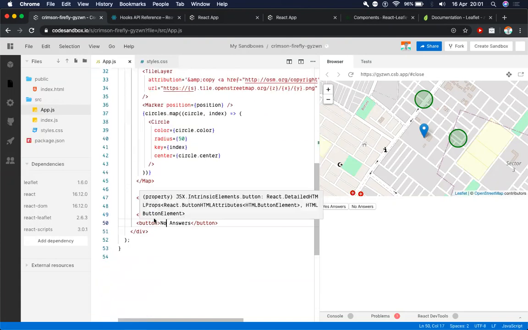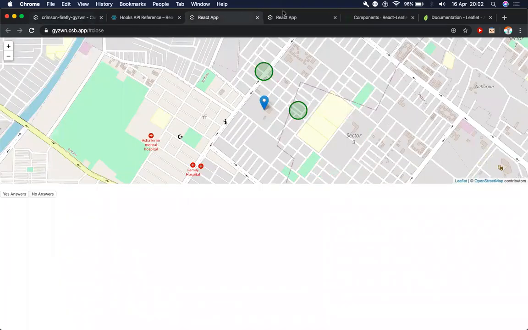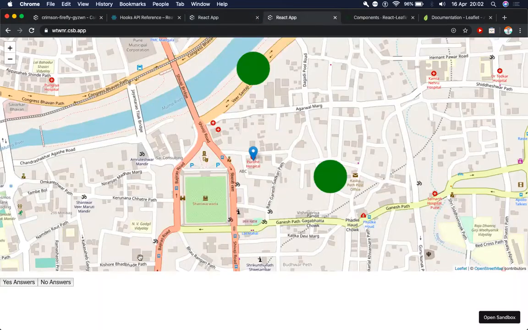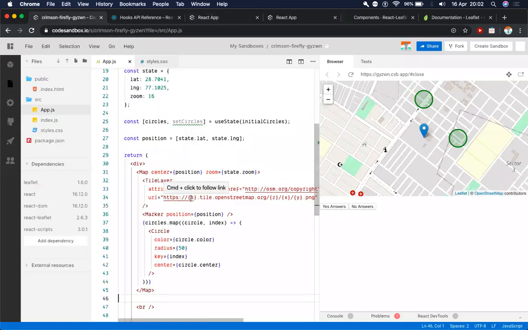According to the button that we are clicking, we need to change the value of circles by using setCircles over here. If we go to this application, I click on no answers, yes answers, it is changing. So we need to have the same thing happening over here.